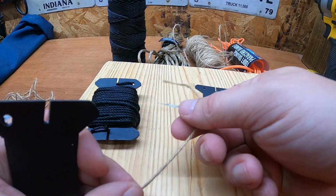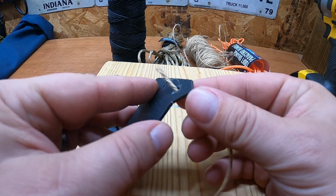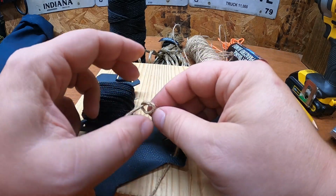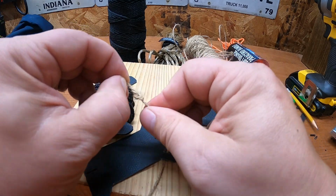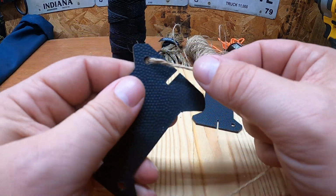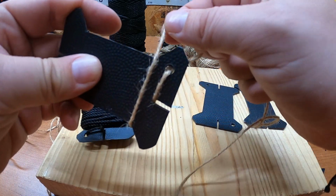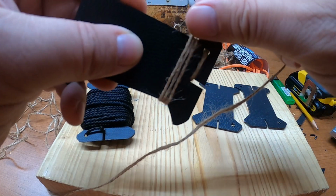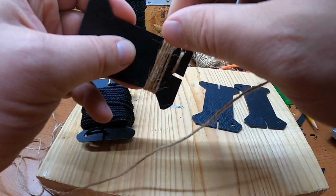Not that there's any particular way to do this, but what I do is I take an end, I feed it through the hole, and I just do a simple overhand knot, sometimes 2, depending on how big your line is compared to that hole, and it just rests there. And then I take it and I go through that line, and that's when I start feeding it, trying to keep my line as tight as I can without going blood tight, because this is a plastic card that can just fold very easily. And we just keep doing this